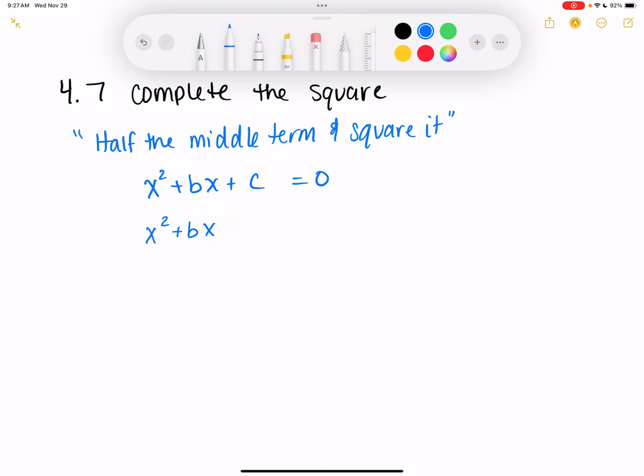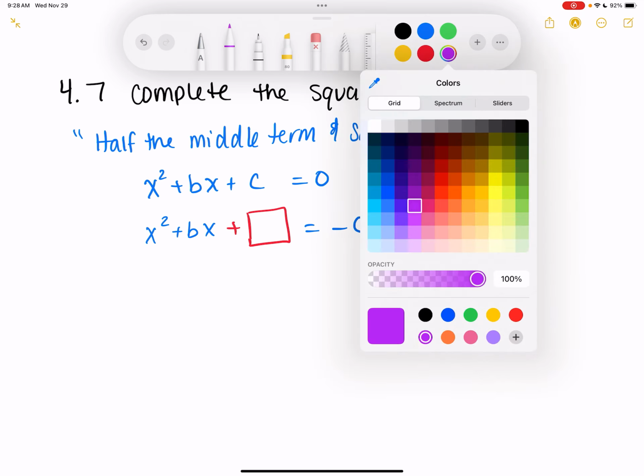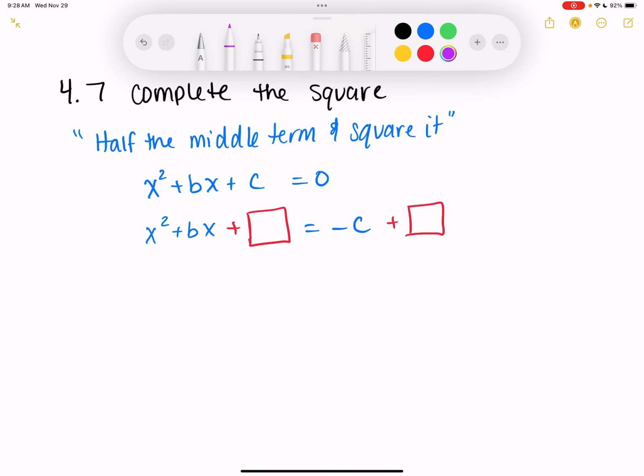So the way this would work is we would end up with x squared plus bx, and then we would move the c over to the other side, because what we're trying to do is create a perfect square trinomial situation. So we add a box here, and we also add a box on this side, because whatever we do to one side we have to do to the other. So the part that goes in the box, we half the middle term and square it. So half of b, so b over 2,